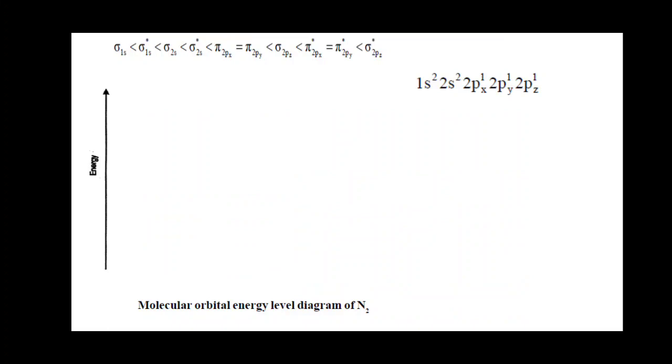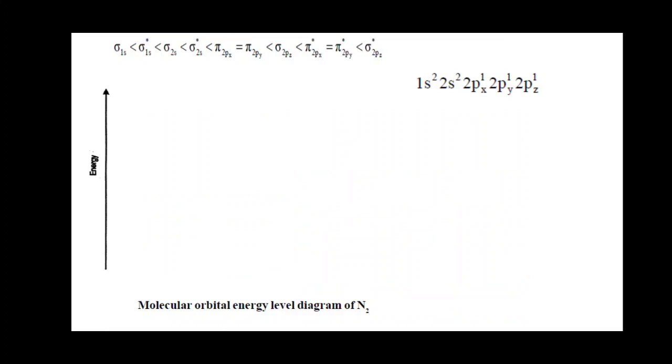When the N2 molecule, nitrogen molecule, is forming, two atoms are involved. The two atoms are nitrogen, by which the number of bonds are forming. So the bond order is nothing but the number of bonds between two nitrogen. We know very well that between two nitrogen, three bonds are forming. By the MO diagram, we can get a proof of how many bonds are forming between two nitrogen.